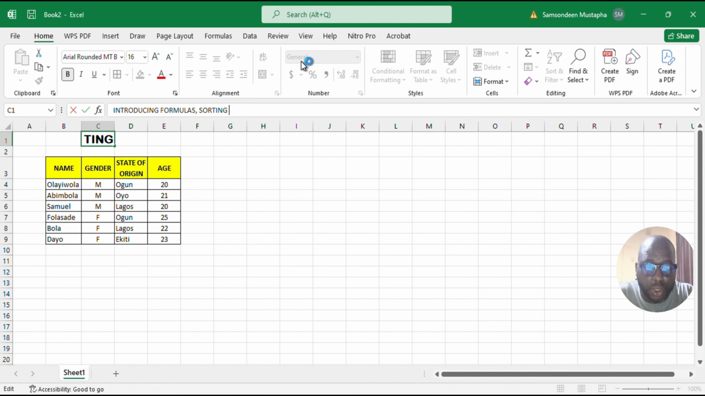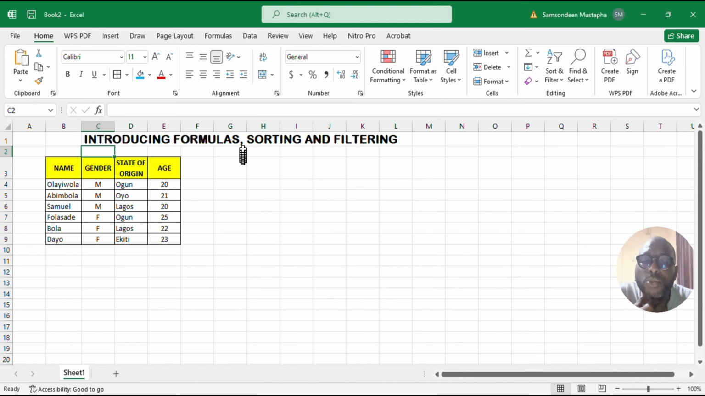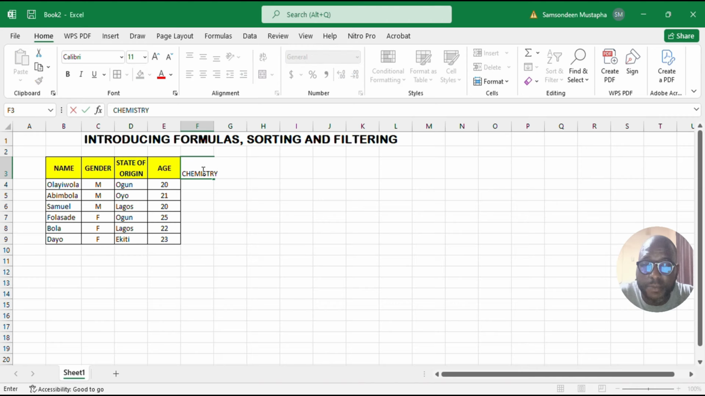I want us to do sorting and filtering. That's what we'll be doing in this particular tutorial. Formula, sorting, and filtering. So let's move on. Using the same data set that we have here, let's introduce new headings. Let's pick courses. Let's take for example, we have chemistry,